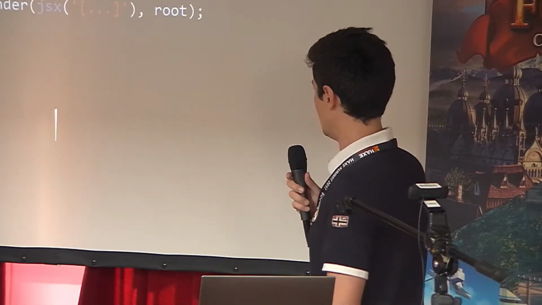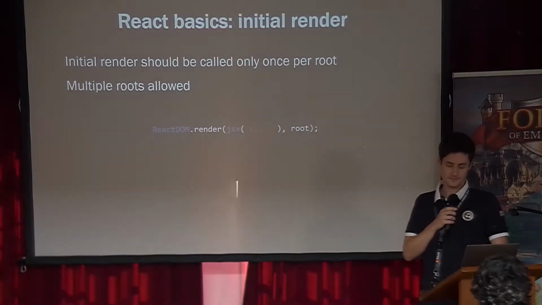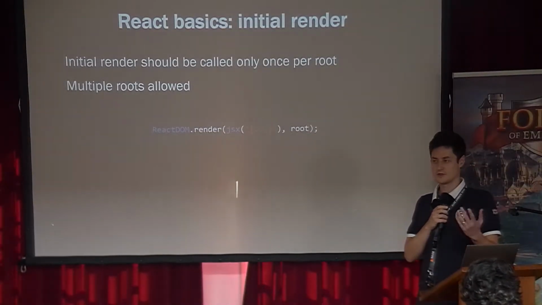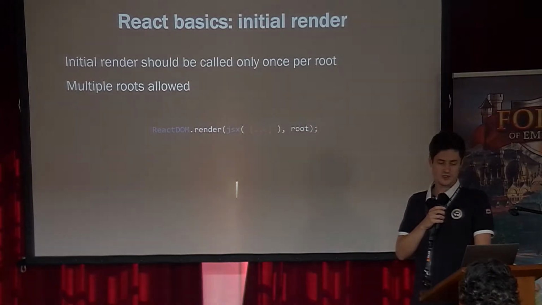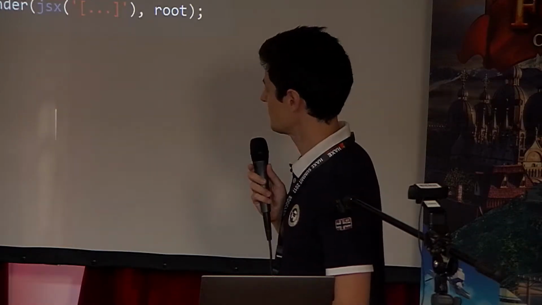So the basics of React for the DOM is you call React DOM render, and you provide it with the template and a DOM element you want to render it in, and that's the only thing you need to do in your code, and that kicks all the React machinery, and everything will live on its own. You just need to call that once for each route you want to